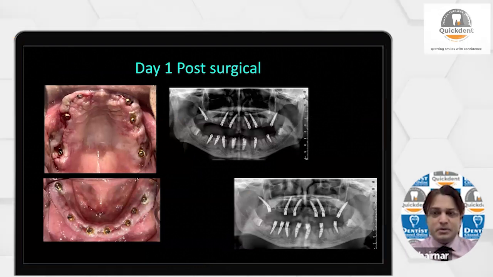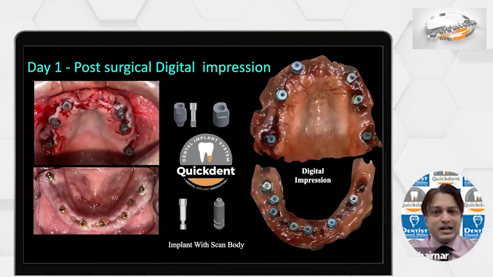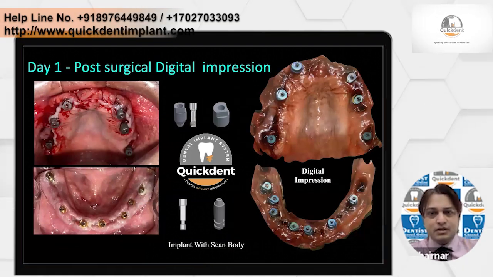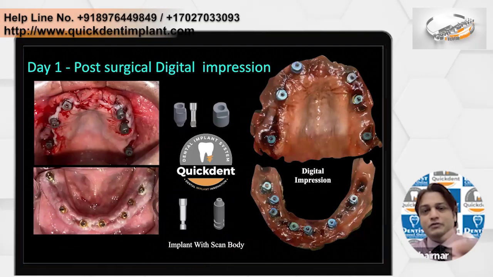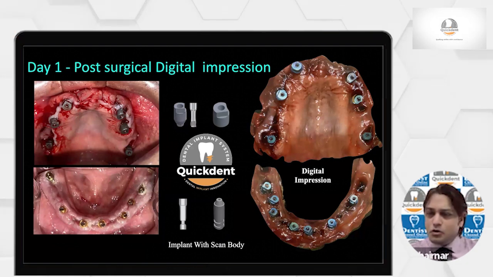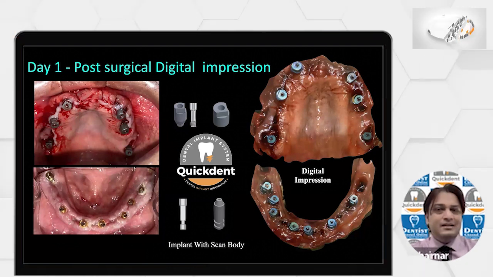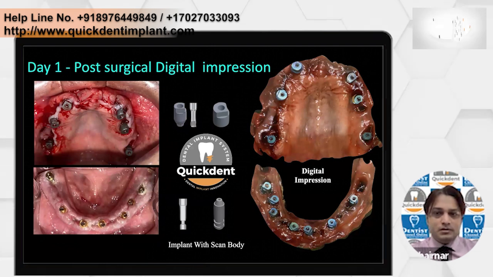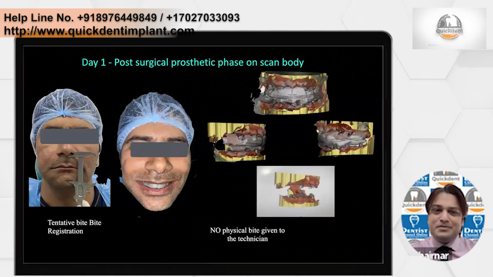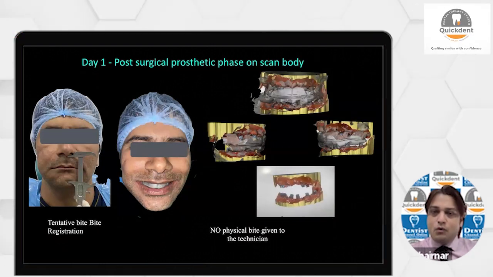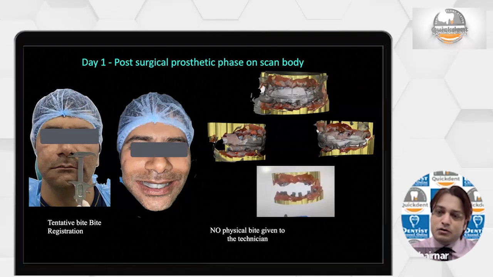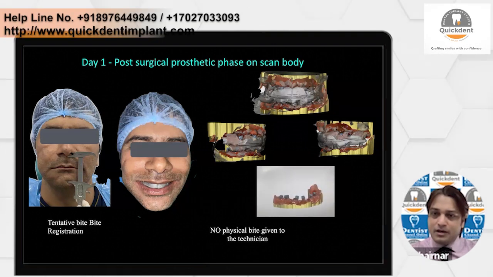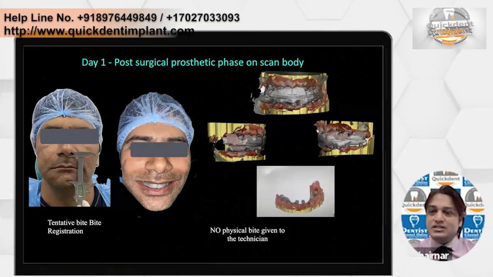All these are the TPR implants from QuickDent. We attach the QuickDent scan body, that is the multi-unit level scan body. They also have an implant level scan body, but when you're using multi-unit, you have to use the multi-unit scan body, upper and lower jaw precisely. Okay, and at the same time take the bite. So now how do we take the bite? We take the bite on the multi-unit scan body itself. Okay, and then we recheck it, we scan the bite.